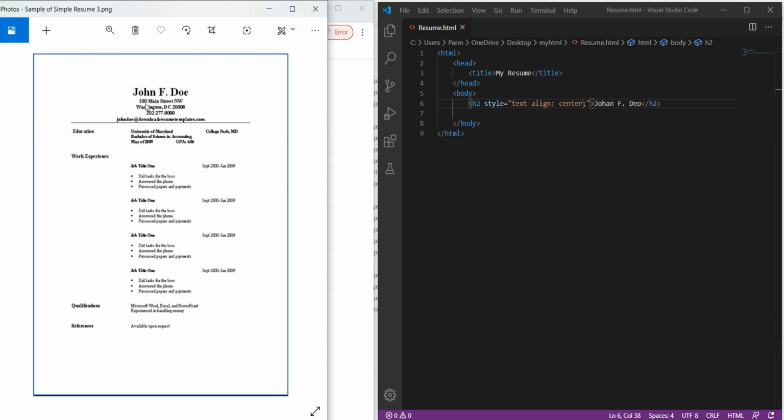Now in the next line we need to have this address over there. This address consists of 100 Main Street, NW, Washington DC 20008, and this is the phone number over there, and after that there is the mail.